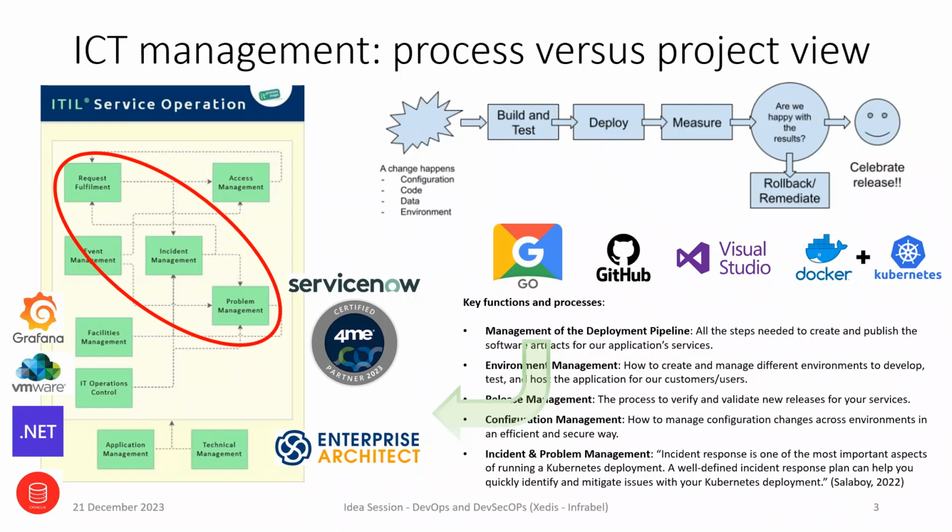When you put something on stream or you change something, help desk functions. Your help desk needs to be aware. You need to anticipate incidents and problems to make sure that they are resolved quickly. I like this sentence here: Incident response is one of the most important aspects of running a Kubernetes deployment. A well-defined incident response plan can help you quickly identify and mitigate issues with your Kubernetes deployment. And that's from a guy I like very much, who says a lot of sensible stuff about this new